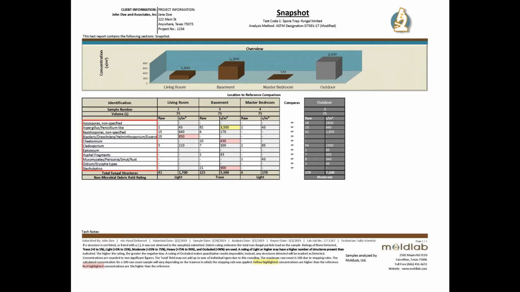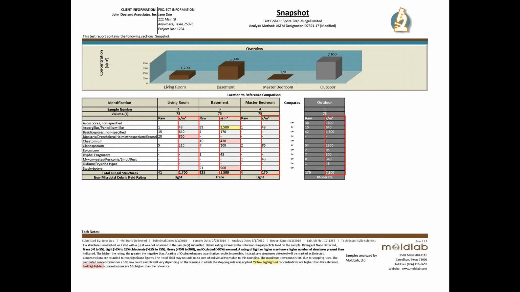On the left is a list of all mold types detected across all your samples, and below each sample are the exact quantities detected. The left raw column is the number of spores physically counted on your sample. The right S/M3 column stands for structures per cubic meter. This is the calculated concentration of spores based on the 15 liters per minute flow rate and the times listed